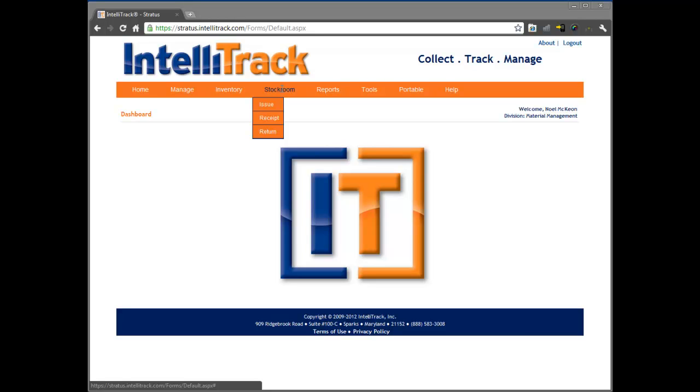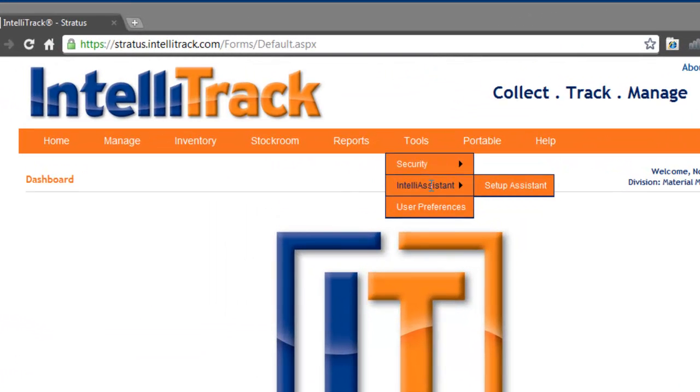With your subscription and license, you have the ability to log in and access the system, use it as you need to, and track your material. The first thing we're going to look at today is actually how to set the system up, and a couple of different data components that are within the application that do need to be predefined in order to start using